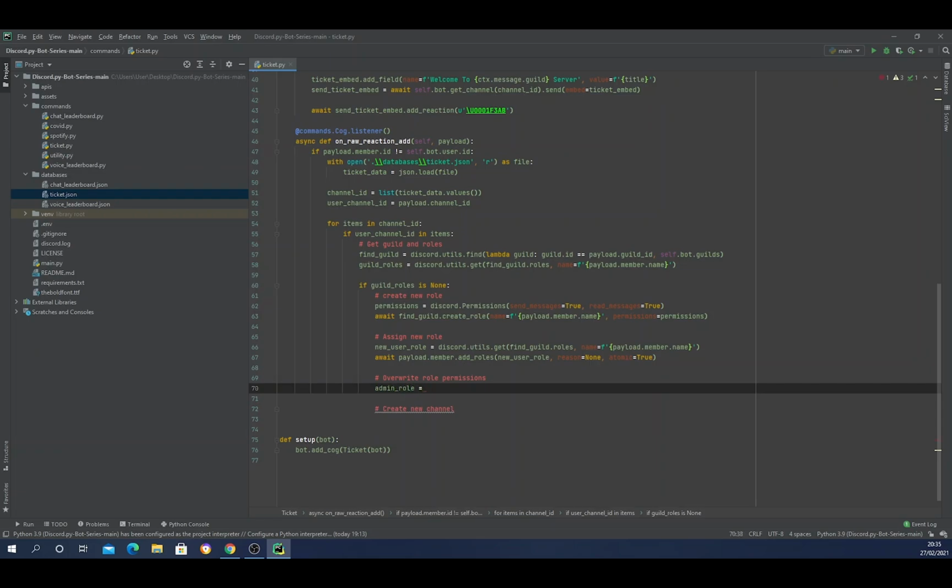equals discord.utils.get, and find guild.roles, just ensuring no errors or silly mistakes on typos. Name is equal to, and I'm going to create an admin's role in here. Now, if you are covering more than one server, you probably want to